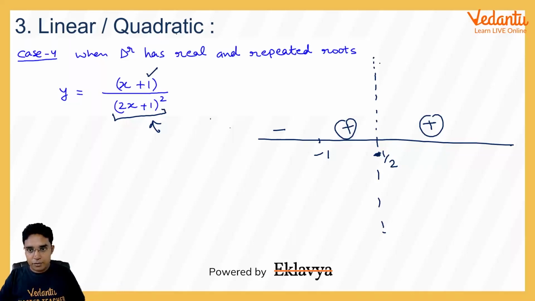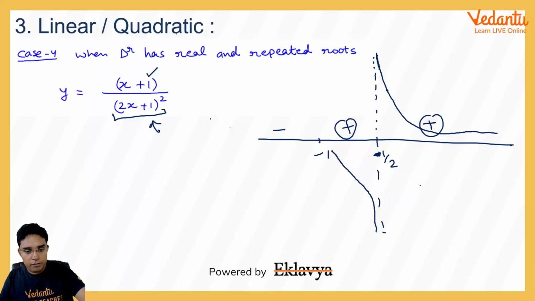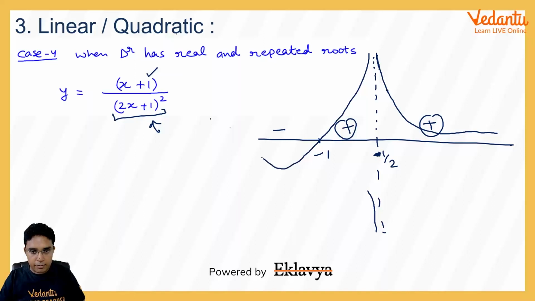About minus half, it will be going from plus infinity towards, I think, 0 here. Okay, and then it will be coming from minus infinity. At minus 1, it will become 0. Sorry, I have made some mistake, just 1 minute. Yeah, because the sign is not changing, it will be coming from here only. And then because it has to go towards 0 as x approaches infinity,